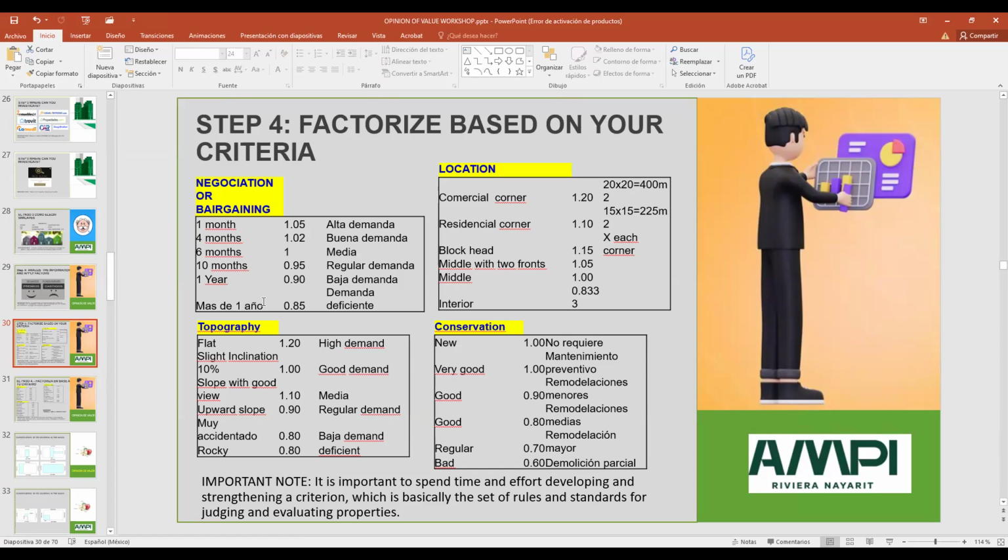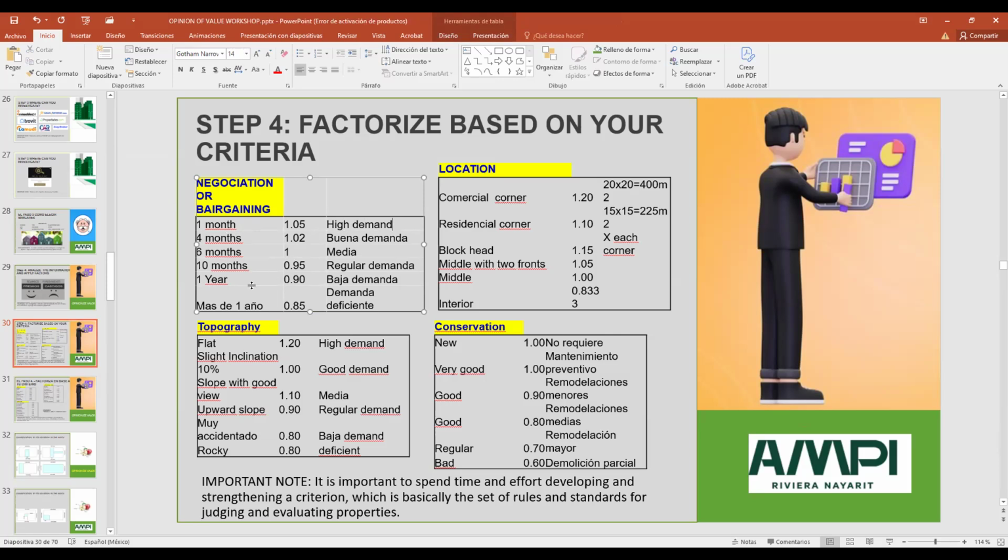Location. I mean, I'm not finished. If you think that your property will sell, that you're gonna finish the selling in 1 month, you can reward it. It has high demand.